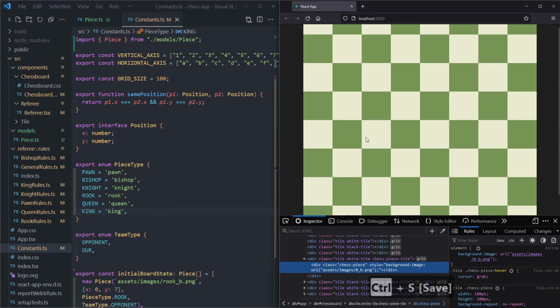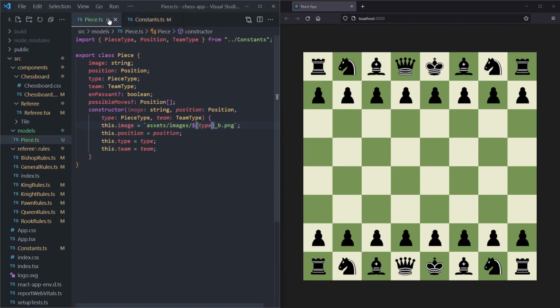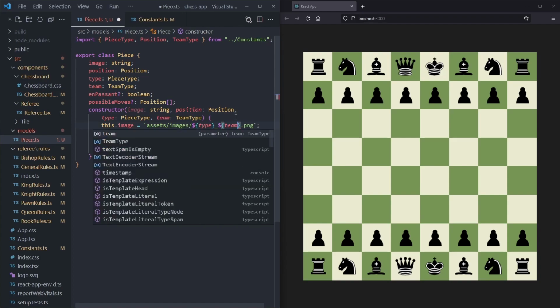If we save this up and refresh the page, we see that we have exactly the same thing as before, but now it's all black. If we go to our piece, we see that we use the type as a parameter or as a variable, but it's still hard-coded to B. Well, we can change this as well. So if we put a $ sign right here and then say theme,